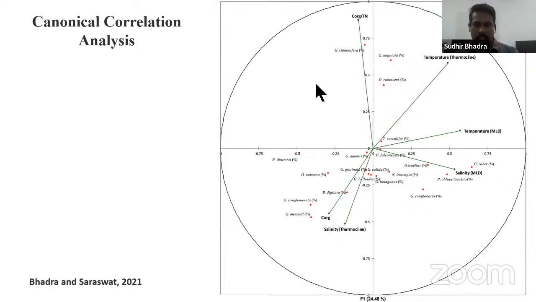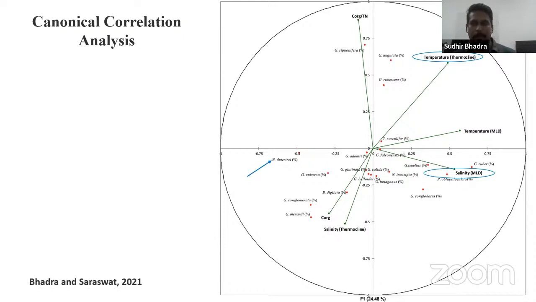Here we see what I talked about with dutertrei. Dutertrei is showing a negative correlation with the temperature of the thermocline, meaning it prefers low temperature. But what is interesting is that it's also showing a negative correlation with the mixed layer salinity. Most previous studies have reported that it is a low salinity tolerant species. But since it is a thermocline dweller, its relation to the mixed layer salinity doesn't make any sense. So what